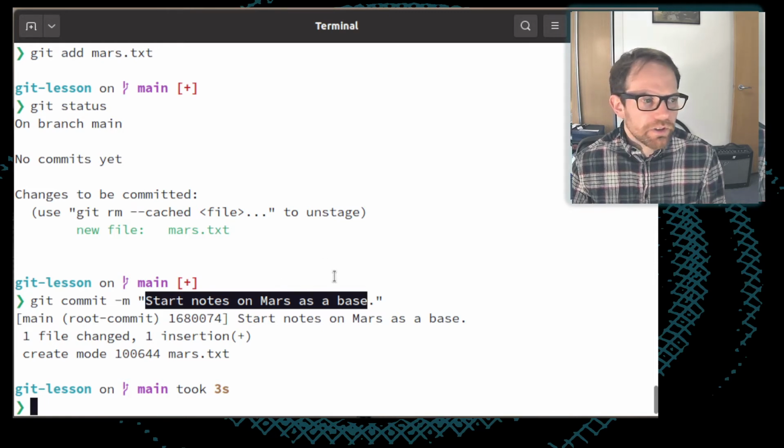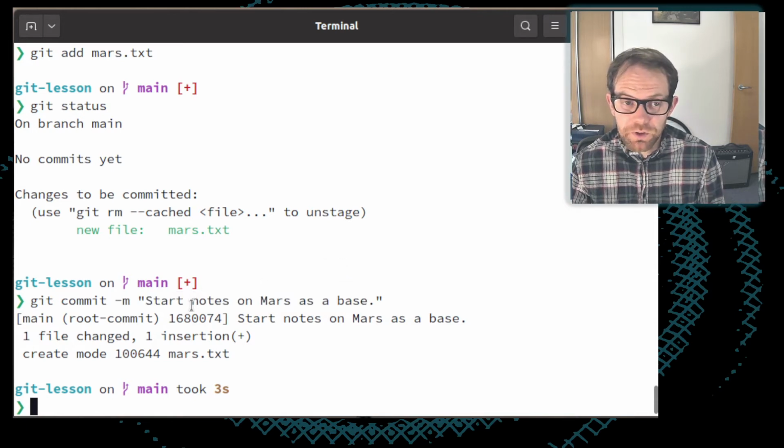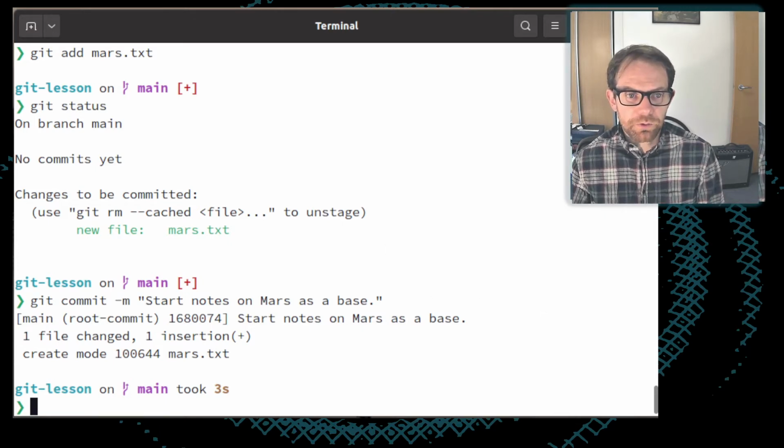It is possible to add much longer commit messages. The first line should always be short and concise, and you can add much more detail in further lines. So if you run git commit without the -m option, it will instead open an editor to allow you to write a much longer commit message.